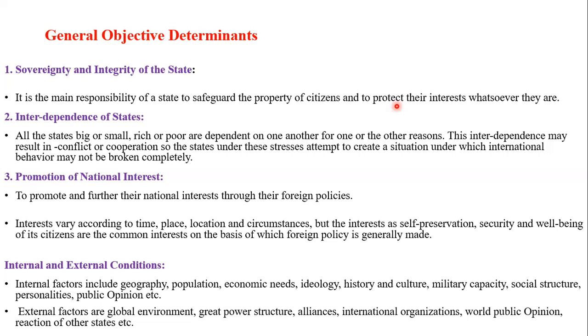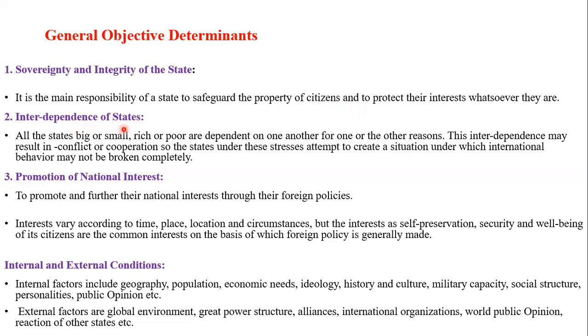Therefore, when Pakistan came into being, for defense purposes Pakistan went into the American bloc and the Western bloc, to protect its sovereignty and integrity against the hostile India. Fine. Number 2,